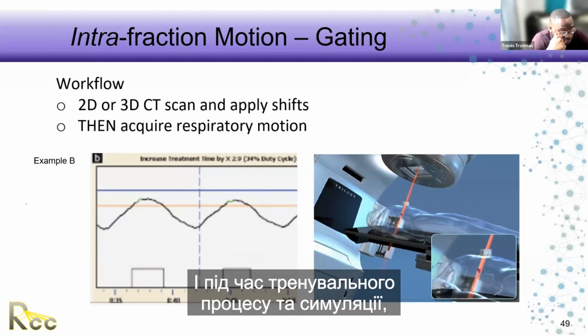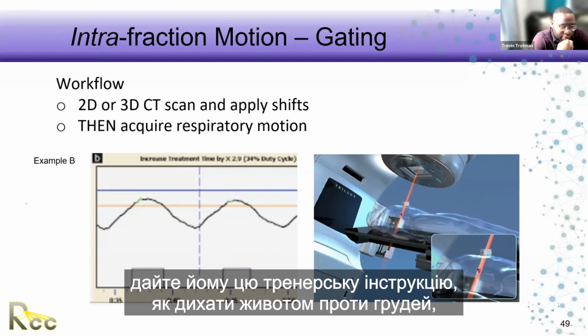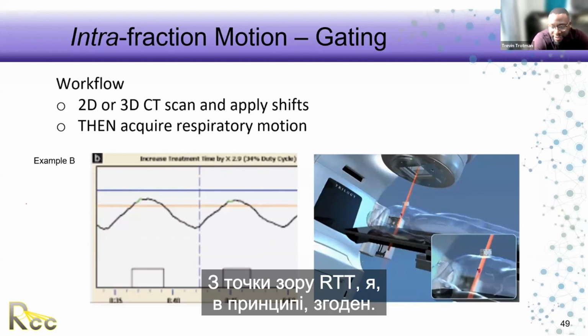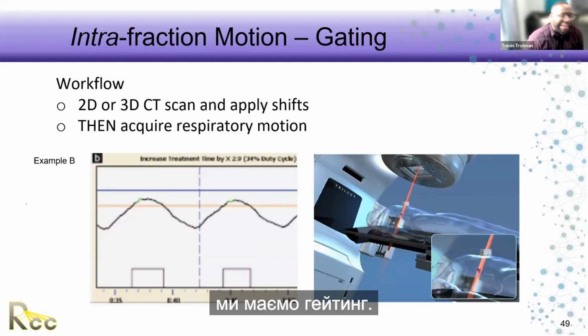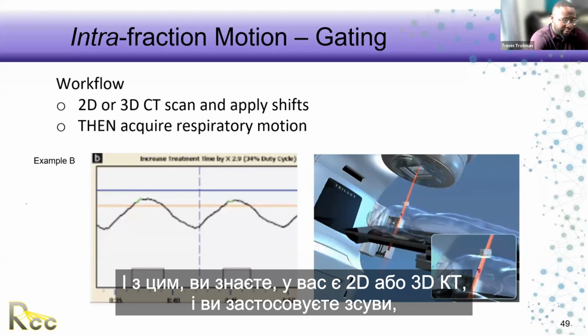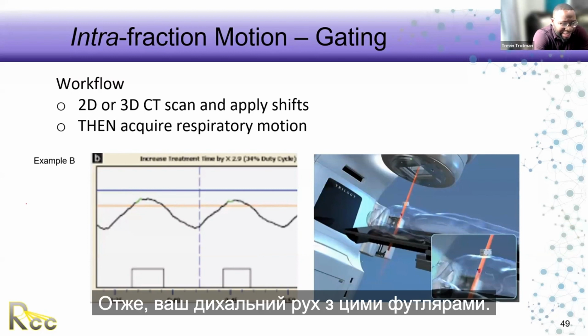And during the coaching process and simulation, we give the patient coaching instruction on how to breathe, belly versus chest, but that's just so you can get an accurate trace, from the RTT's perspective. So we also have intrafraction motion, we have gating. And with this, you have the 2D or 3D CT scan and you apply shifts and you acquire your respiratory motion. So your respiratory motion with these gating cases,